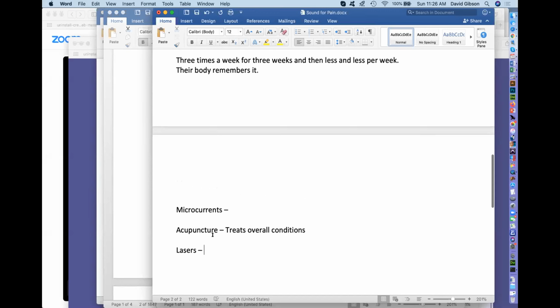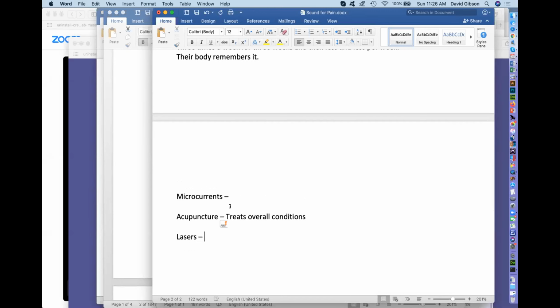So I like microcurrent. I do. It actually stimulates the ADP, ATP kinetics of the synapse, so it actually triggers the muscle. That's great, and I like it. But one thing that